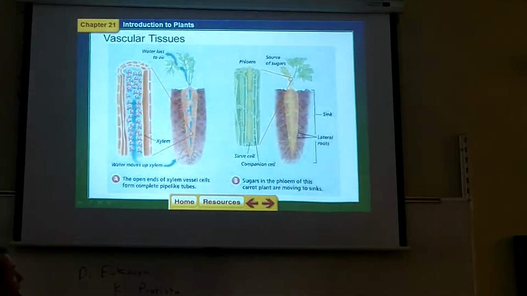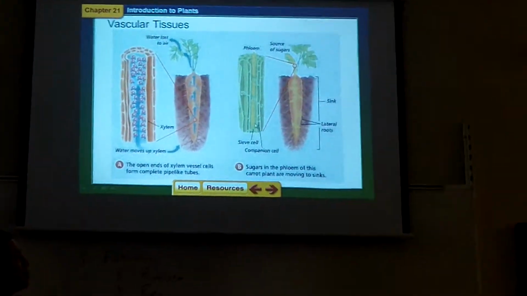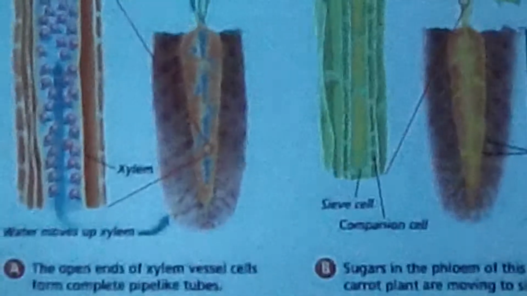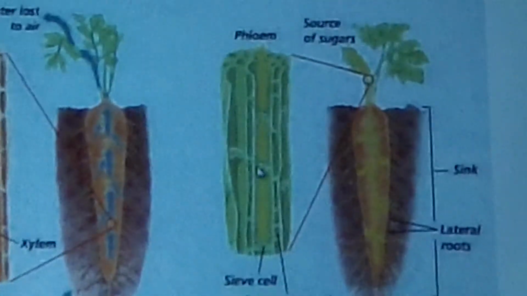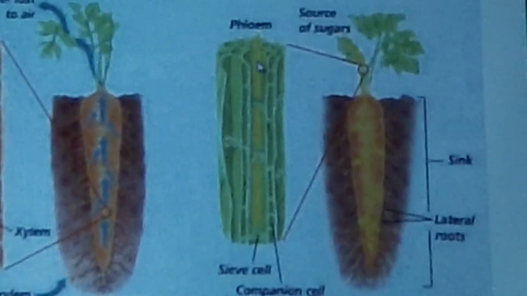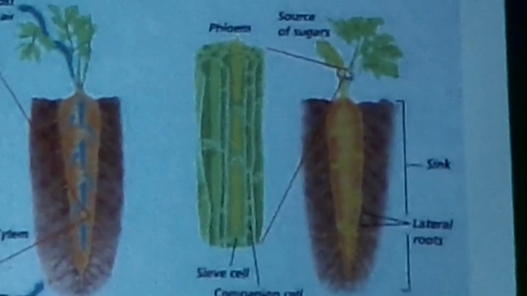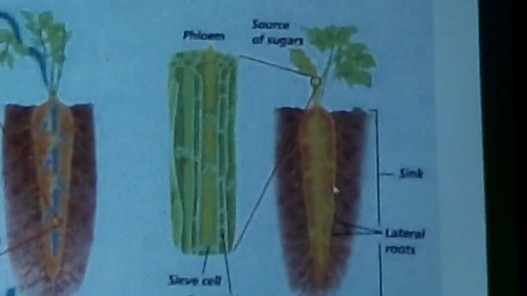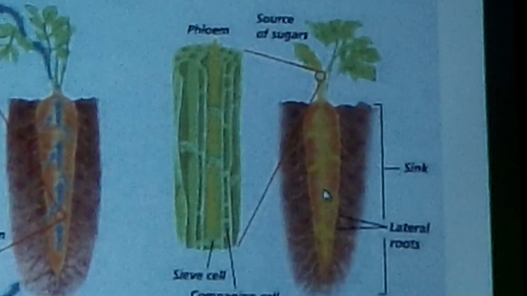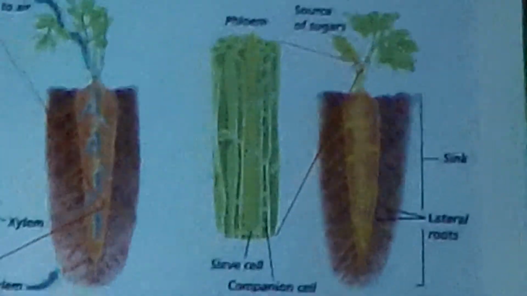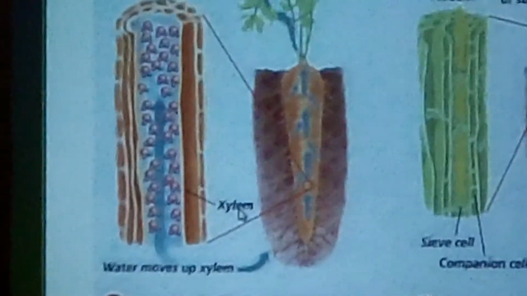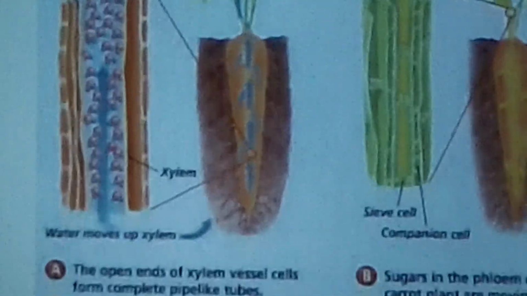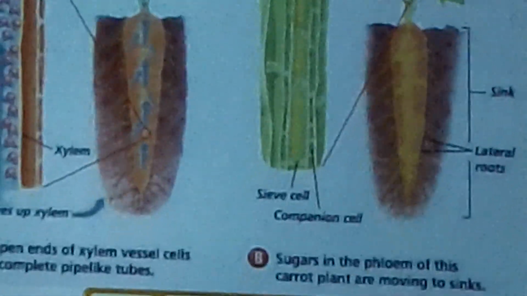And there are also another set of hollow tubes that move sugars through the plant. The leaves make sugars, and the sugars are dissolved in water and moved through these tubes, often from the leaves down to the roots to be stored. We call the tubes that move water xylem. Can you say xylem? Xylem. And the tubes that move sugars are called